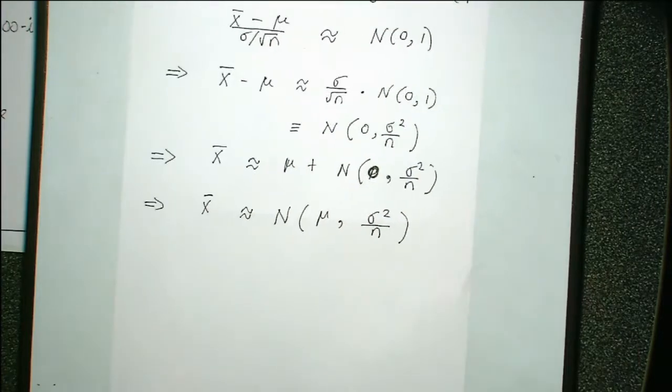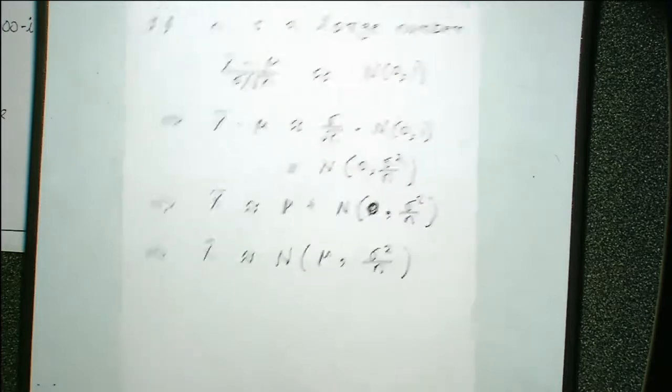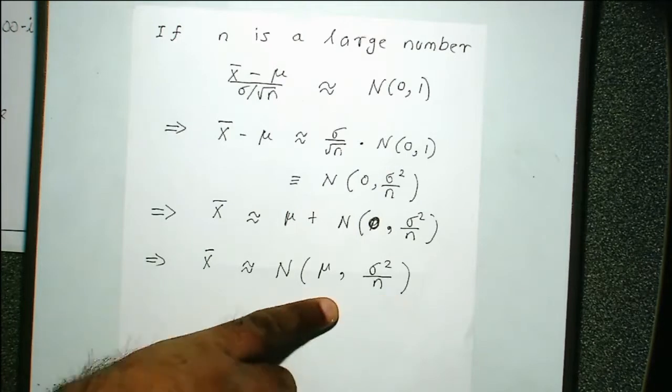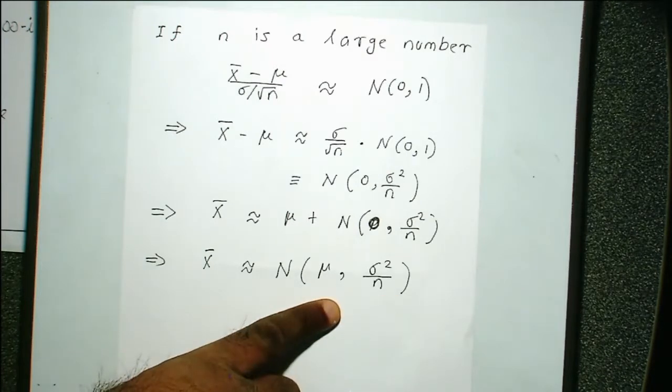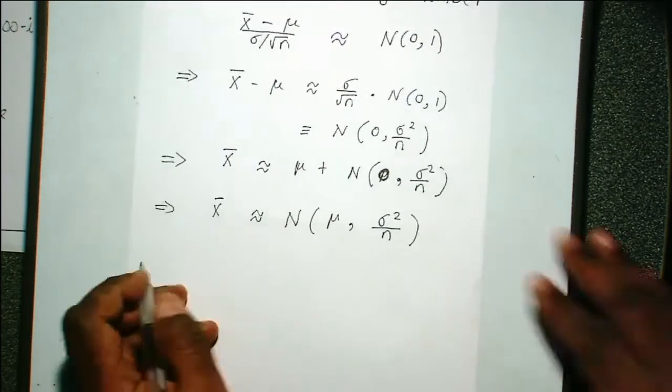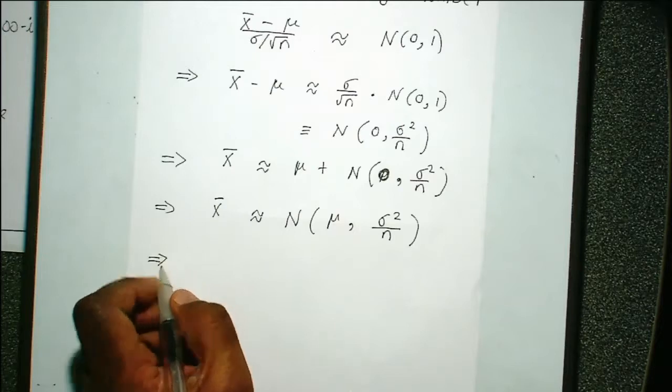So by the central limit theorem, we can argue that if n is large enough, n is the sample size, then the sample mean has an approximate distribution looking like this, right? You follow me, right? Now, one more thing. Now we know that x bar